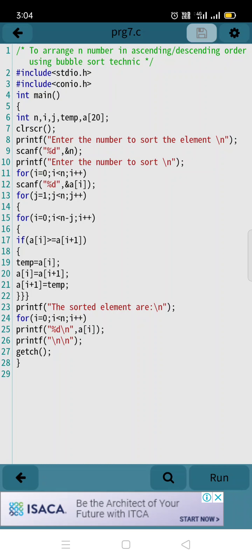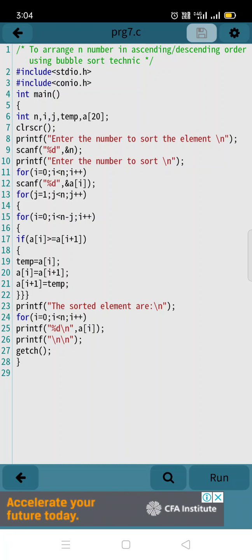So next, one more for loop we have taken here: j is equal to 1, j is less than n, j plus plus. Again n value is 5 and j has been given the value 1, so 1 is compared with 5, and until this condition becomes false, control will go to the next loop. Here one more loop: initially i value is 0, and 0 is less than 5 minus 1. Why 1 here? Because in the first for loop we gave j the value 1, so 5 minus 1 means it will be 4.